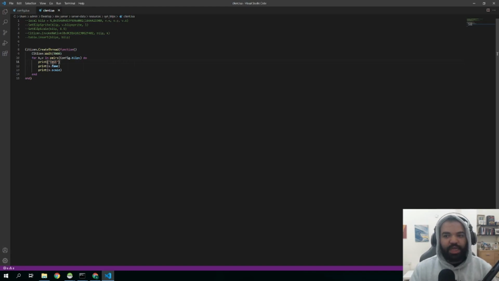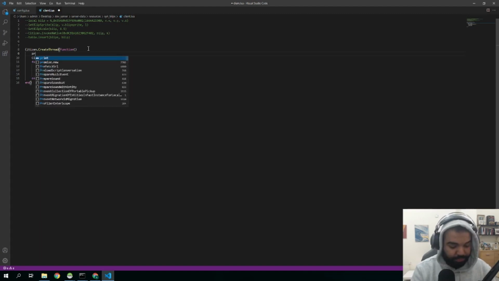You need to put prints as you go, and if you get stuck somewhere, in a function or a thread, you need to put prints from the end, the result that you're expecting, up to the beginning of the thread, and then run the script and see where your prints stop. You can put test1 at the beginning of the thread. For example, right here, I could put print